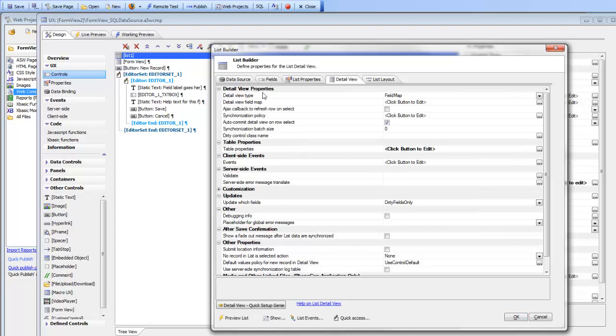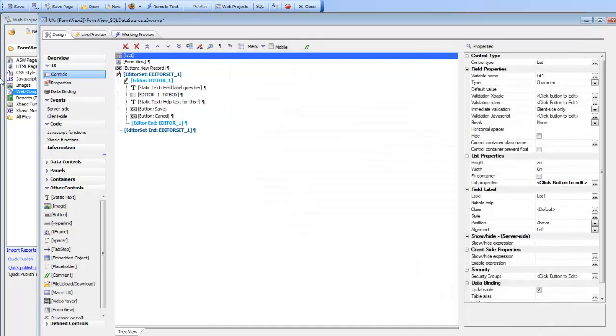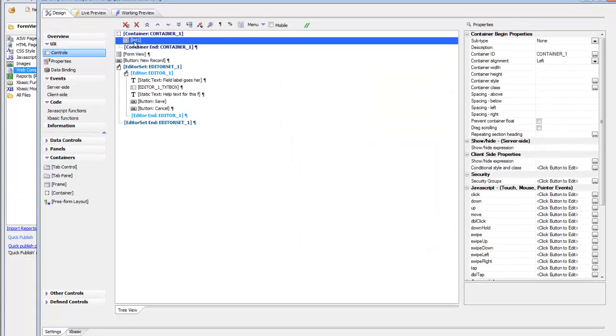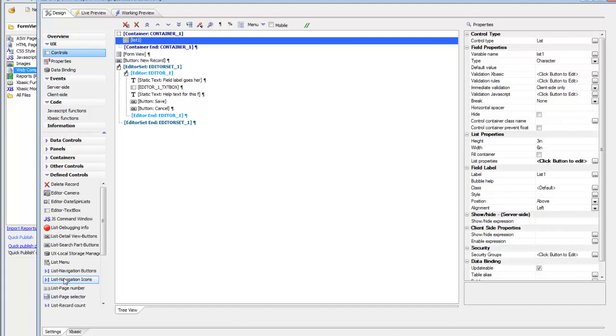But now that we have the detailed view turned on, we can now use the buttons for CRUD operations that a list with a detailed view has. So I'm going to go and put some buttons here that persist the list data to a SQL database. So first I'm going to just go and wrap this list in a container. So I'll go there and just wrap it in a container,